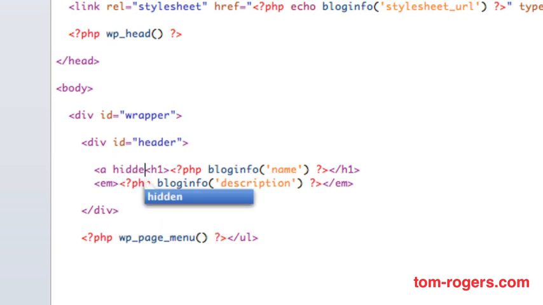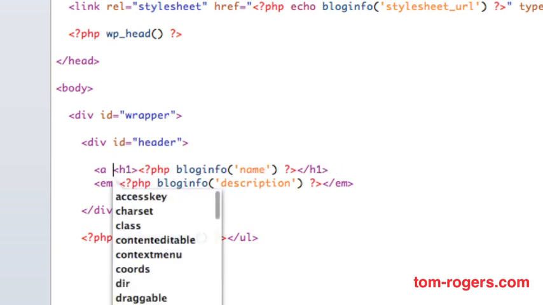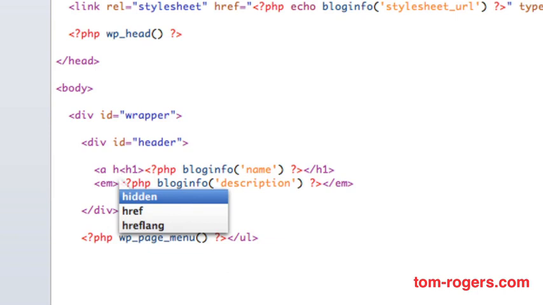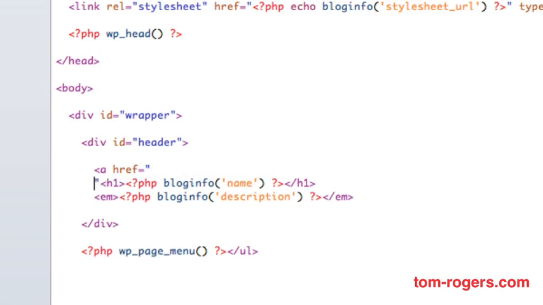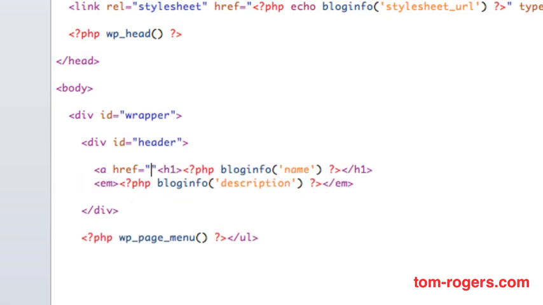Gonna have a href equal to PHP blog info